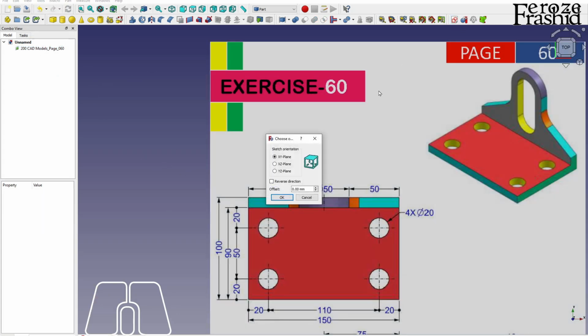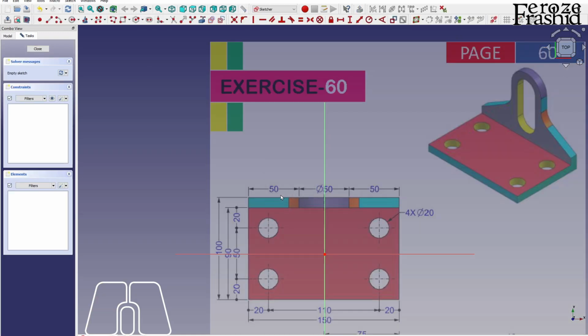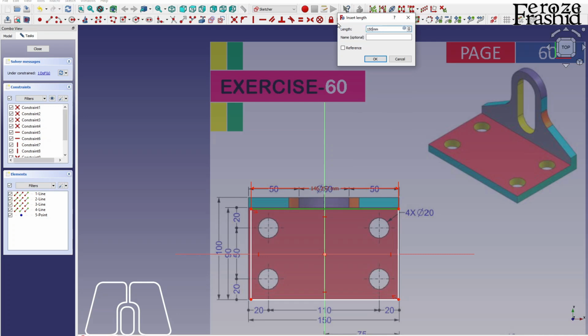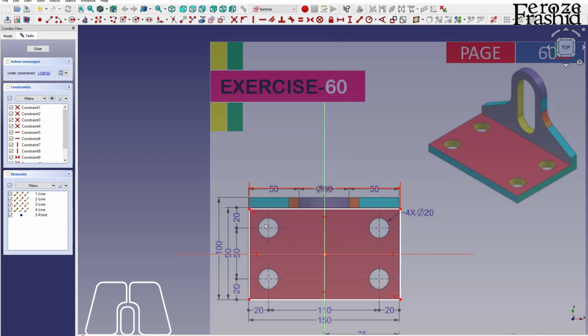I want to draw a sketch on XY plane, and the sketch will be a centered rectangle. Right, so that was pretty easy. I want to make this 150. Obviously it's not perfectly centered, but we can live with that. The length is 90,